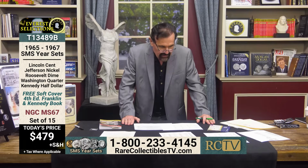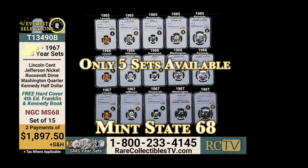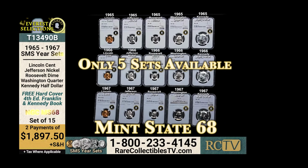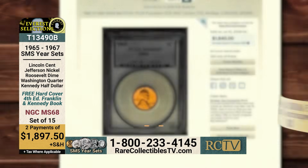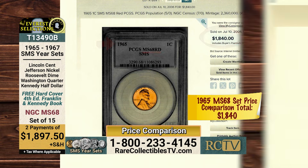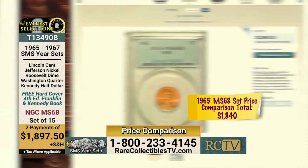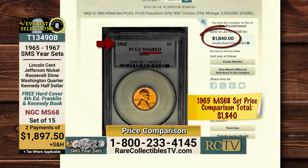And I've got these 6/7 sets again for $479. Now finally, we get to the monster 6/8 sets. Again, I have 5 sets in 6/8. That 1965 Lincoln, here's a couple that sold in auction. Here's one that sold for $1,840 in auction. Here's one that sold for $2,990 in auction. For comparison purposes, I took the lower auction record. I took the one for